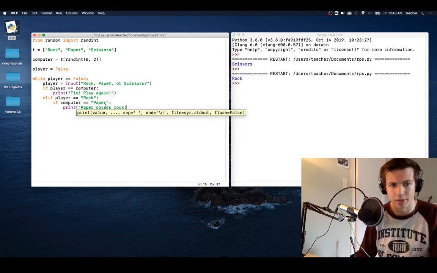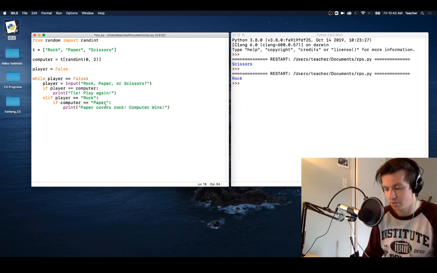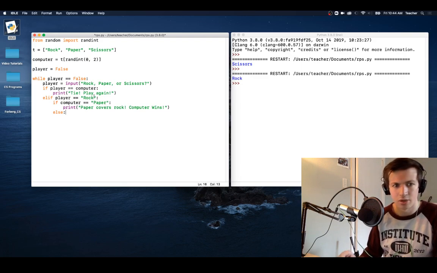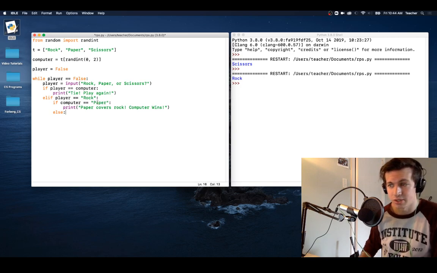And then we can throw in here computer wins. And then we can do our other condition, else, because remember the only other option that we have is you win, because we already have our tie scenario mapped out. So if else, he's not playing scissors, he is saying scissors. So in here we can do print